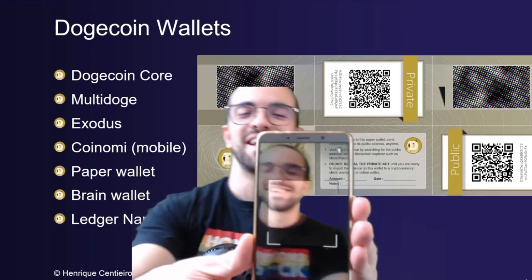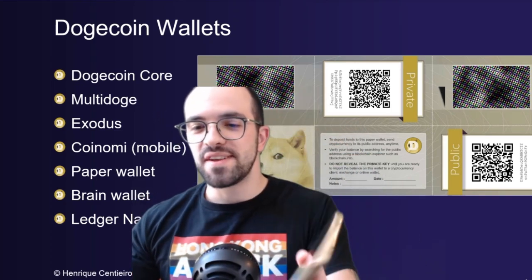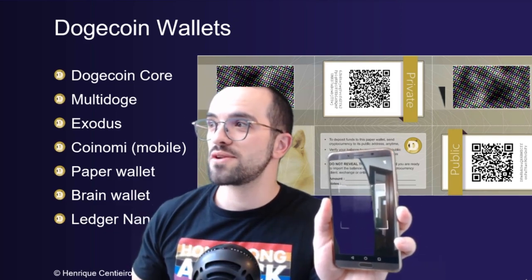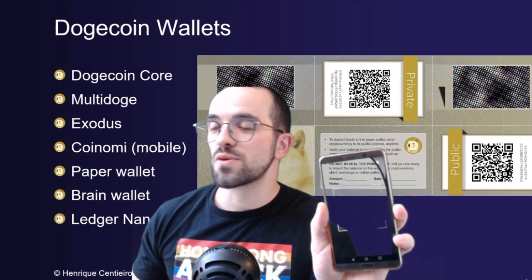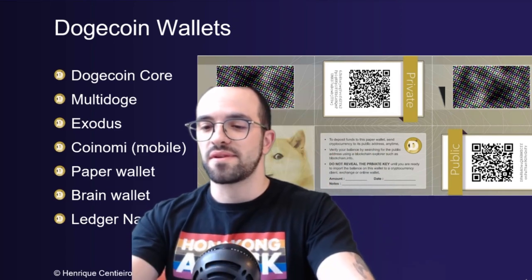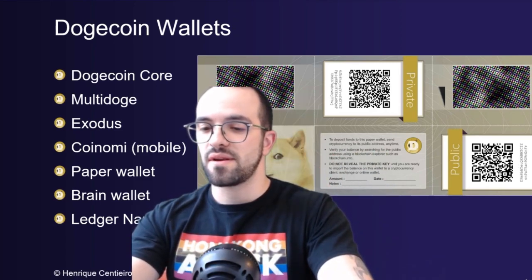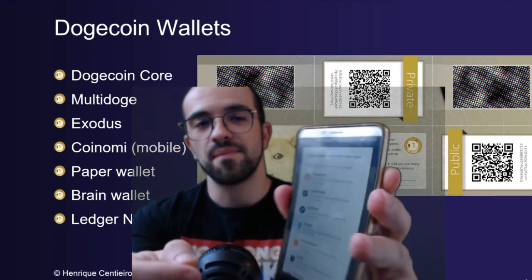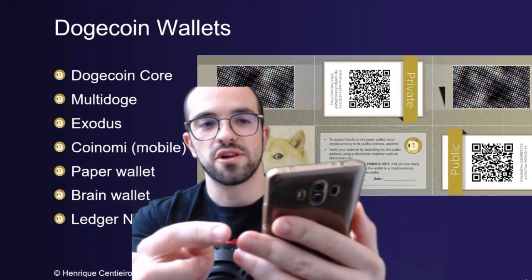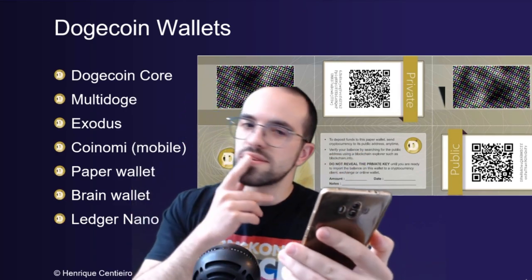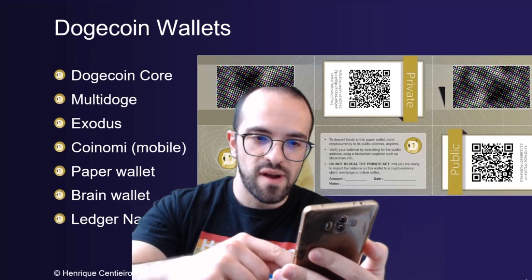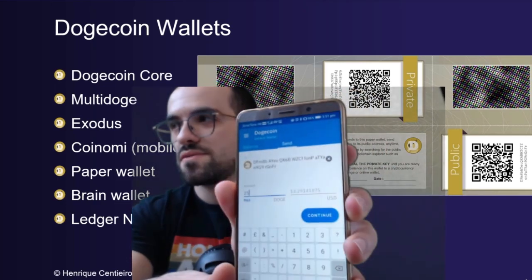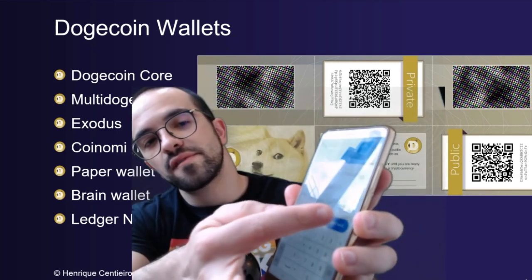How funny is this? Okay, I'm going to scan this QR code here, right? I'm going to scan it with my Coinomi wallet. Okay, and now I need to select the currency. I select Dogecoin, and I'm going to transfer 25 Doge. Okay, and click continue. 25, continue,